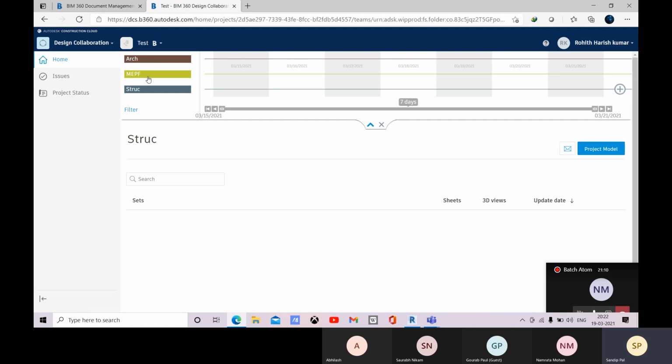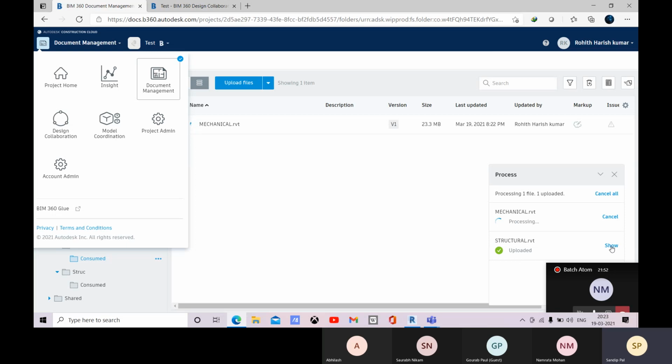So here you can see that when you are clicking on this, you are currently within this team. Because I am the project admin, I can see all these teams. So I can be any of these teams because I am the project admin. But if you log in as a particular team member, then you will be accessing only that particular architecture or structure. Because I am the admin, I can be a member of any team, right?